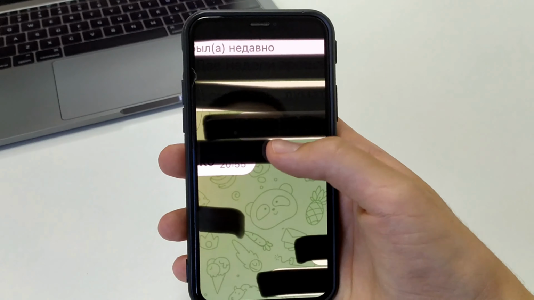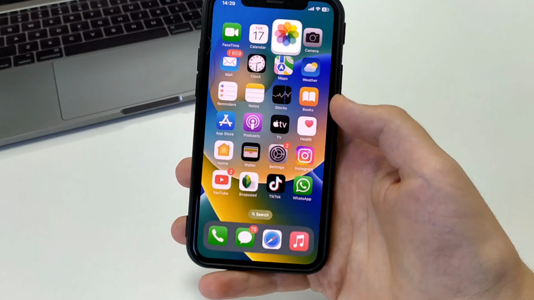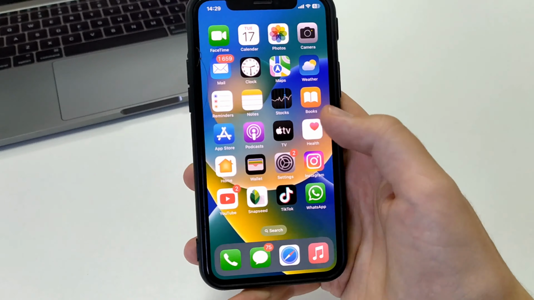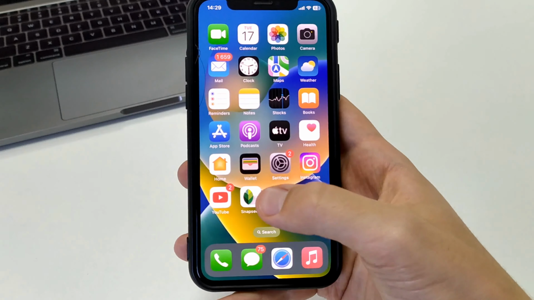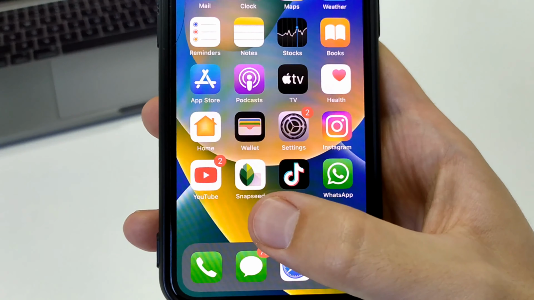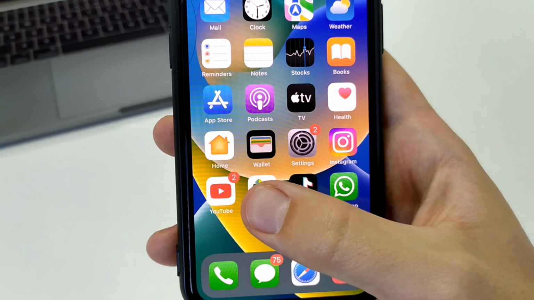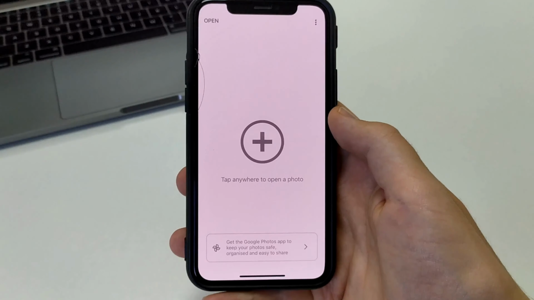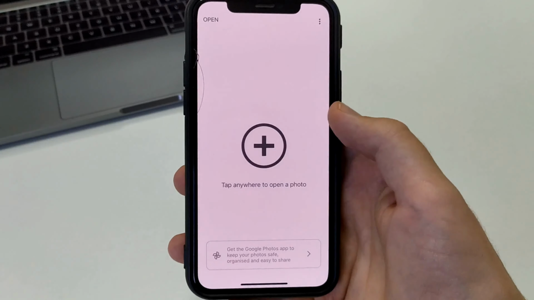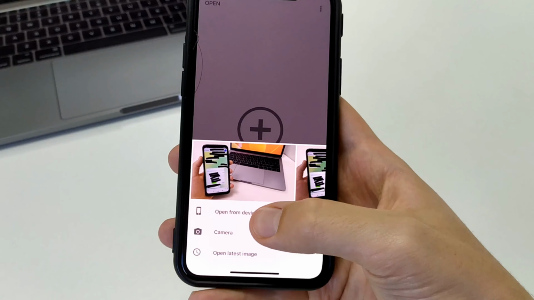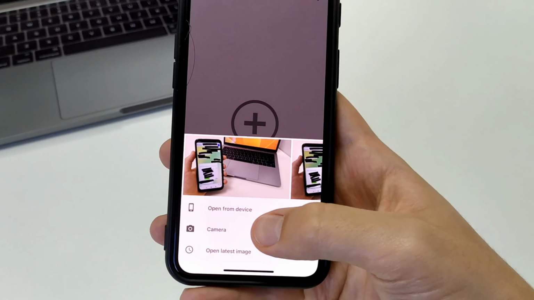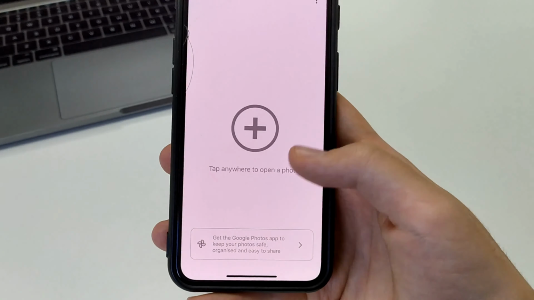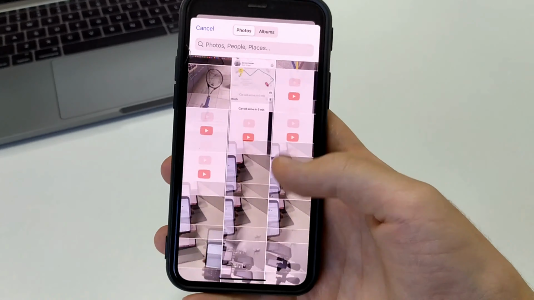In order for you and I to see the text, we need to go to the Apple Store or the Google Play Market and download this free program called Snapseed. Once we've downloaded it, we go to the app. Then we click on Add Photo. Click on Gallery. Open from Device. Select our screenshot photo, like this one.